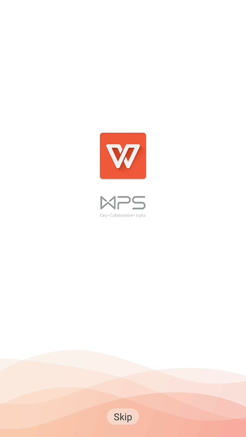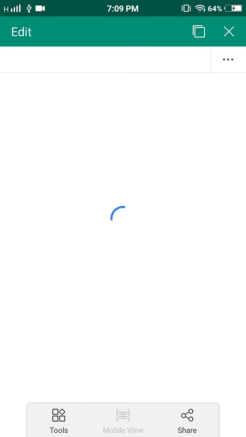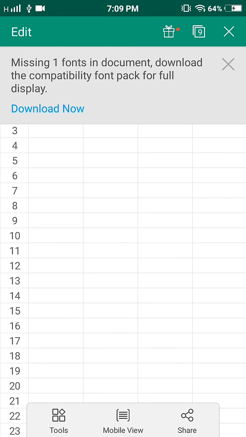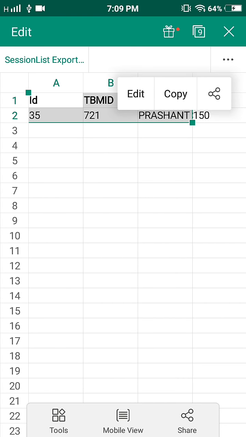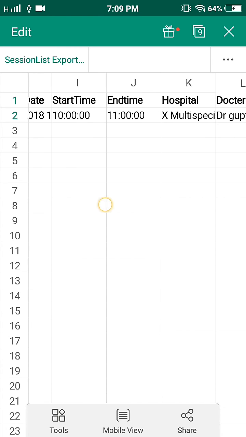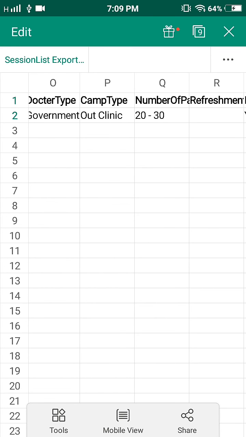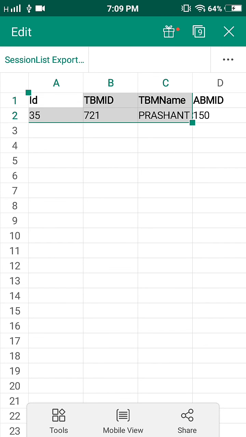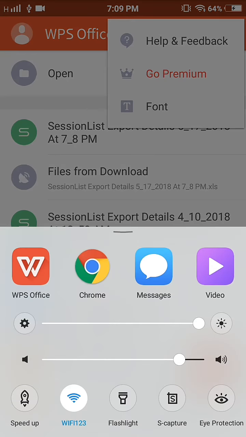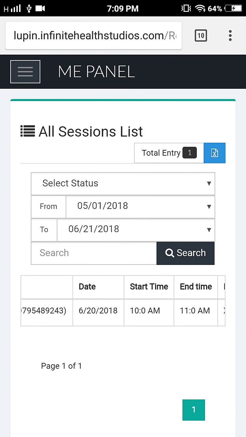Once you open it up, the Excel sheet will appear with the information. Now the information will appear for as many camps as you have planned. So this will really come in handy at the time of report sharing, at the time of collating the information or keeping the records. Now going back to the app again,